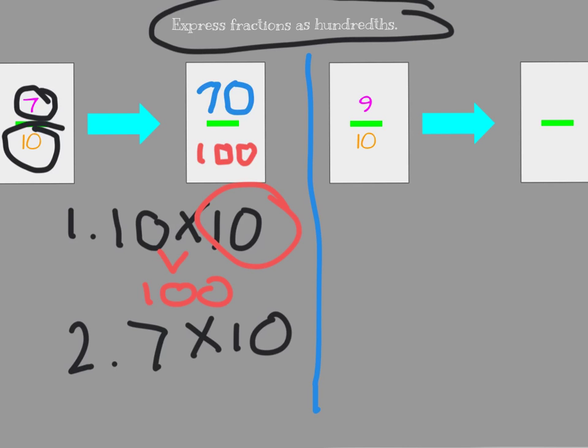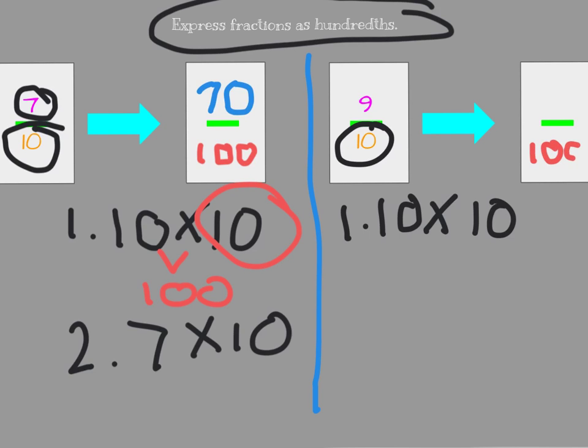We have 9/10. Let's walk through it one more time. Step 1, we're going to multiply our denominator 10 times 10 because we know that will give us 100, so we can put that in our denominator space. So we now are expressing this fraction in tenths as a fraction in hundredths. And then step 2, we're going to multiply our numerator, which in this case is 9. 9 times what? Times 10,